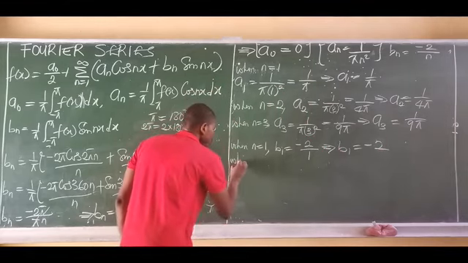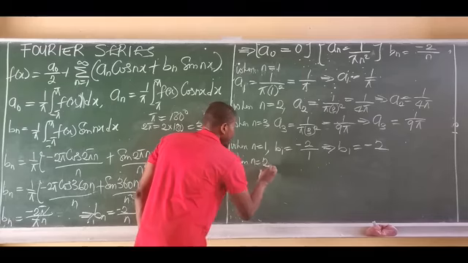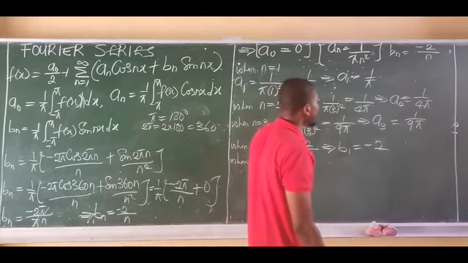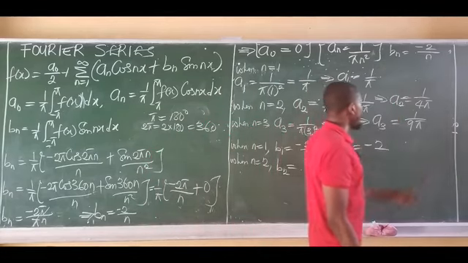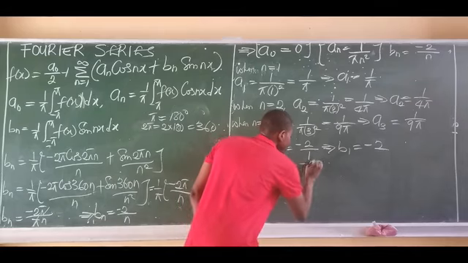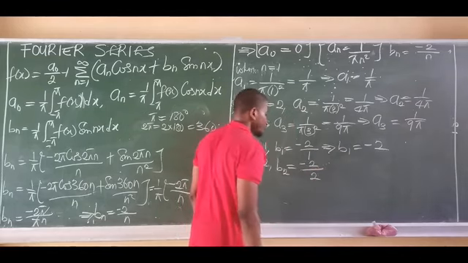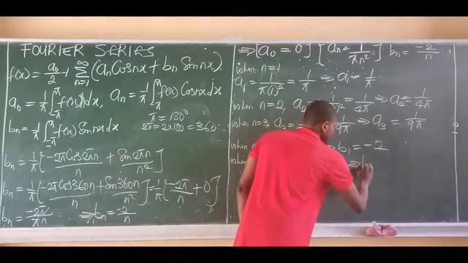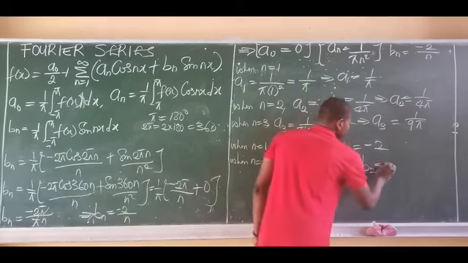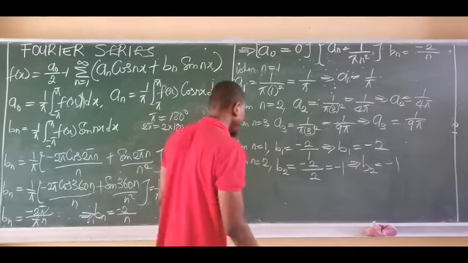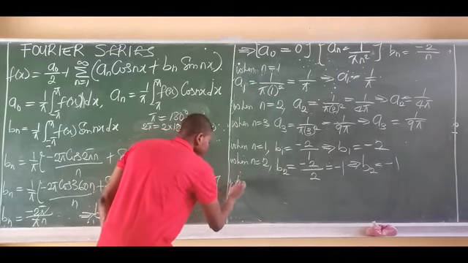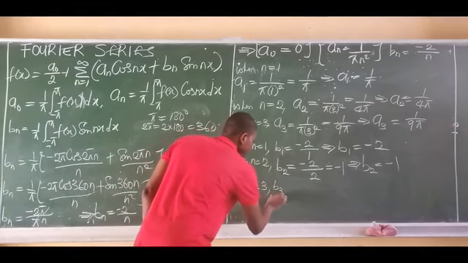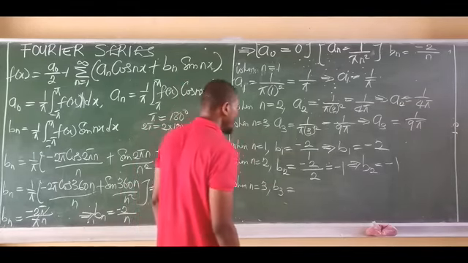When n is equal to 2, this becomes b2. Again, bn is minus 2 all over n. It becomes minus 2, n now is 2, so minus 2 all over 2, which is equal to minus 1. So this simply implies that b2 is actually minus 1. Finally, when n is 3, then you have b3 to now be equal to,